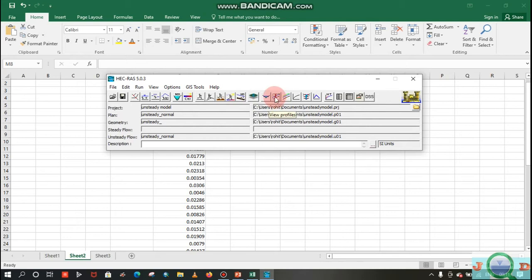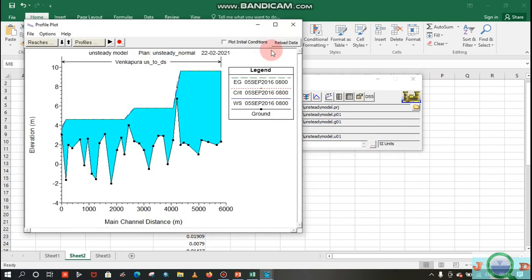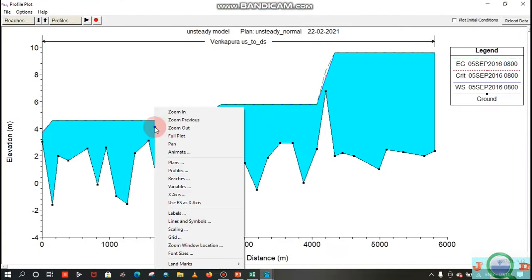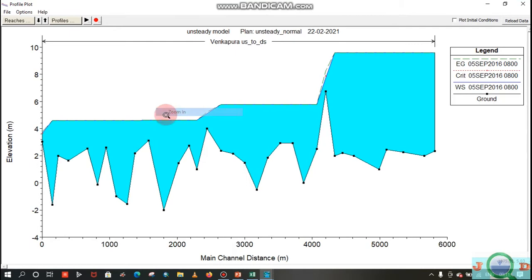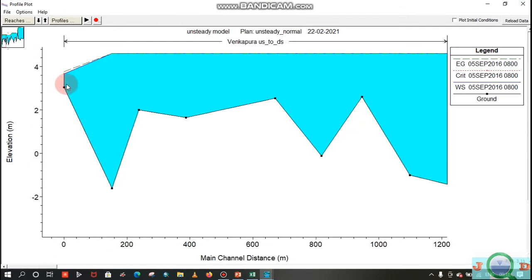For that you need to move to view profile. If you look at the last two downstream boundary stations, so here to here.